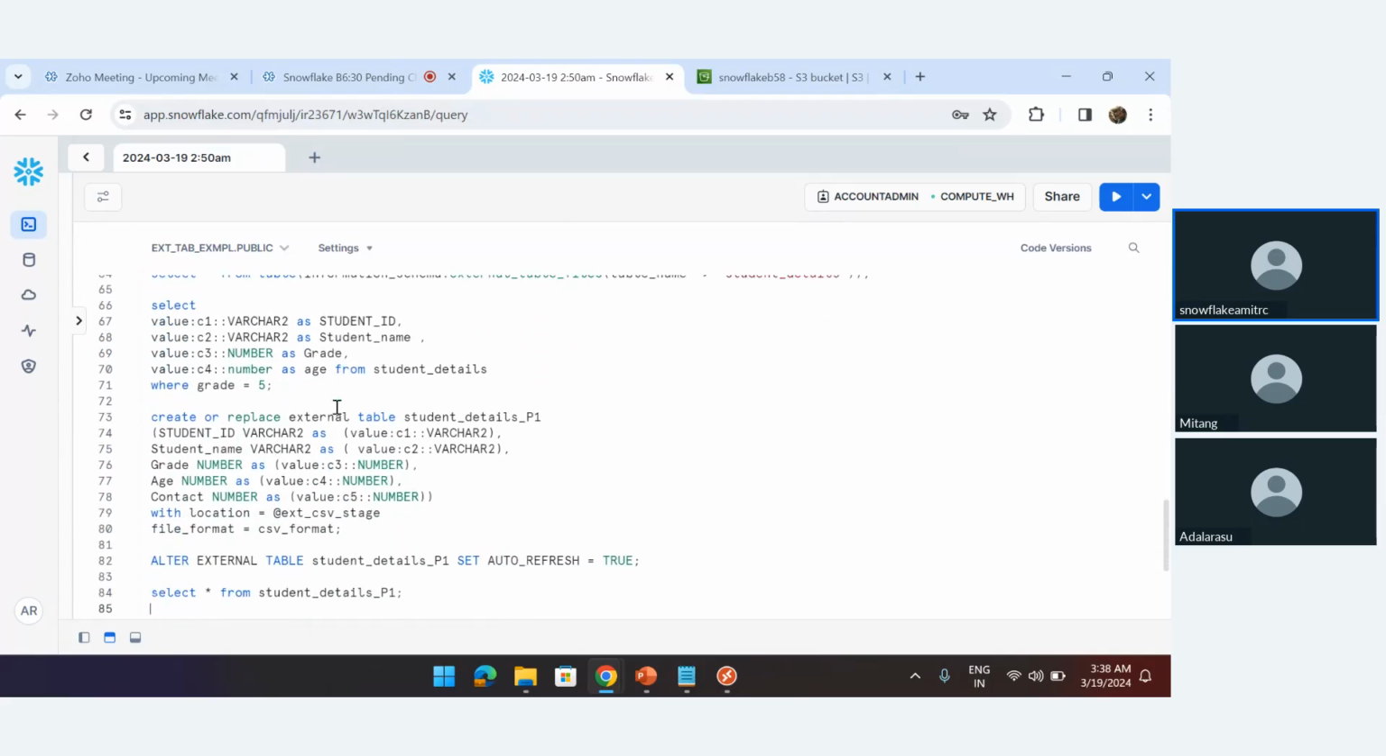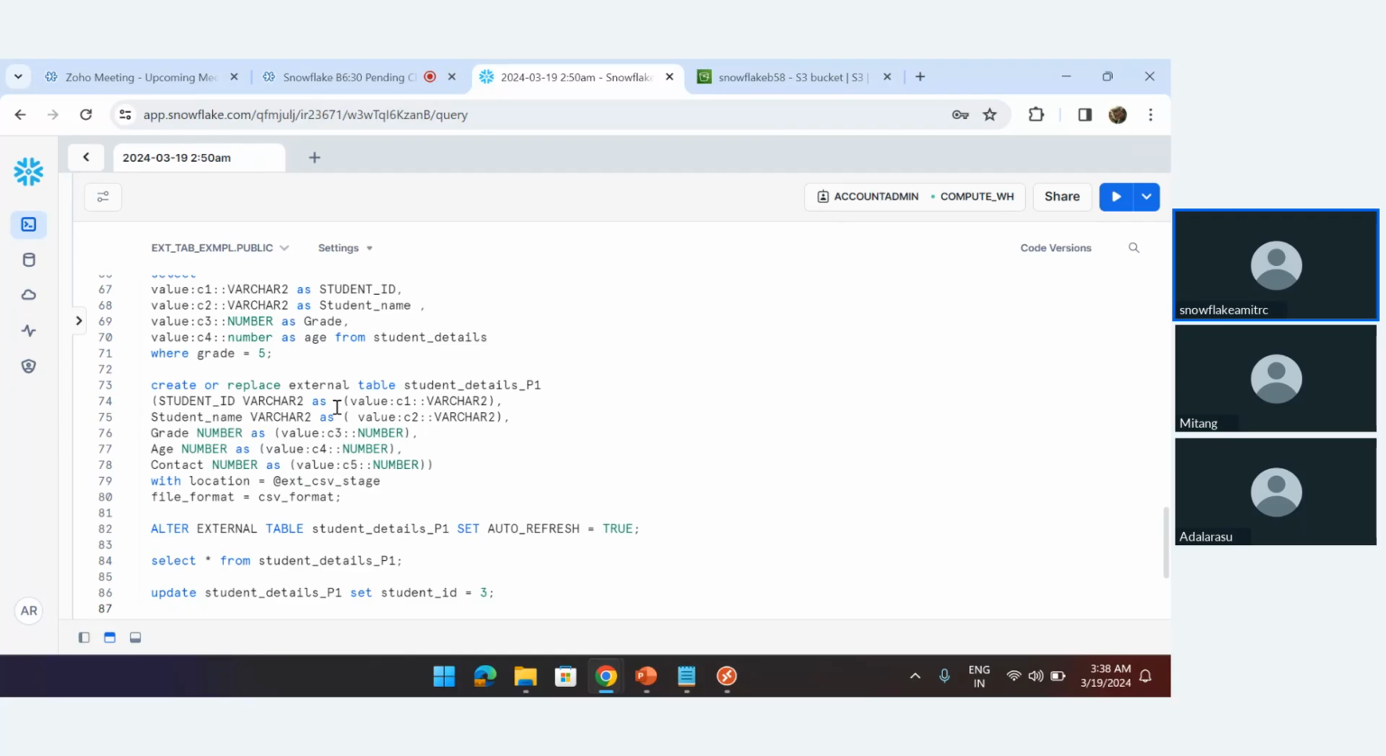Anyways, now I will show you another way to create the external table, that is with the column name. This is the way you can create the external table with column names. While creating the table, you have to mention the entire thing that you were mentioning in the query. In the last step, first we created the table, then we wrote the query to fetch the data in a tabular format. Now in this step, you are creating the table with the column names